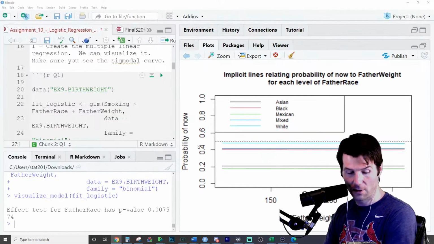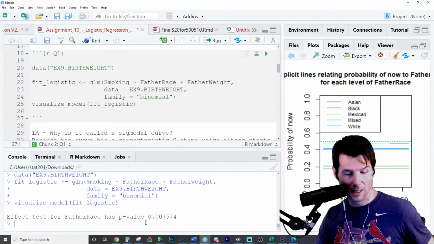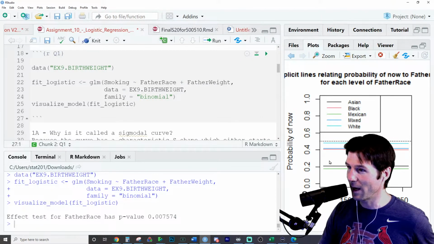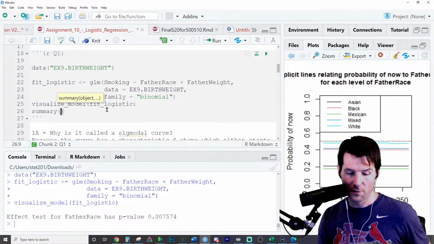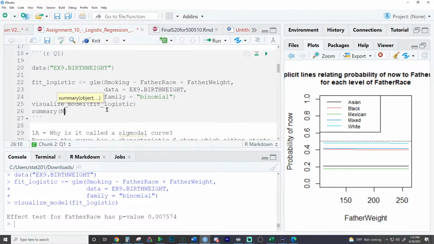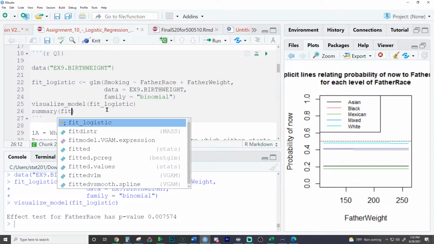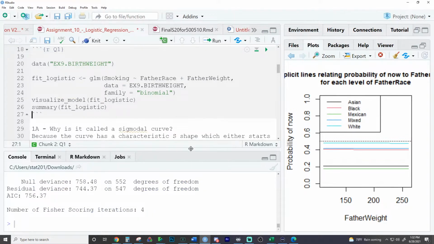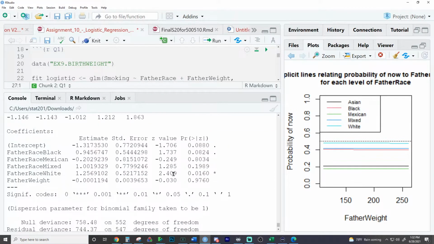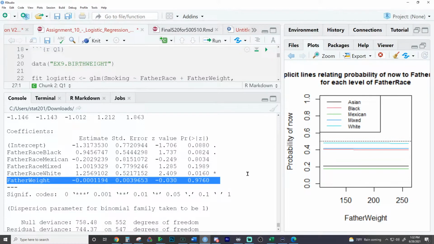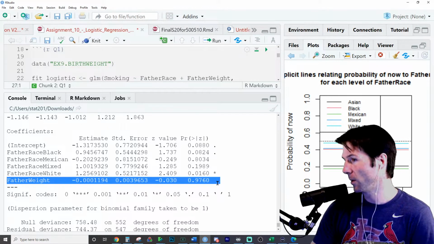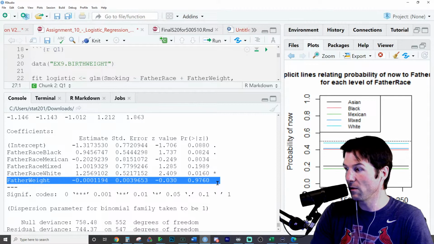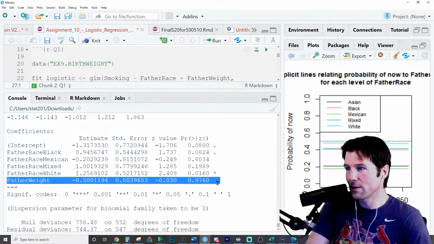Interestingly enough, the p-value on this, and you see the father's race comes back with a significant p-value, but I can bet you good money that father's weight, due to the flatness of those lines, when we look at this model, I would bet good money, father's weight, yeah. What was I noticing right here immediately that my eyes were drawn to because the lines are flat? It looks like what model? That model would have the highest possible p-value. Which is all right. This is fine.